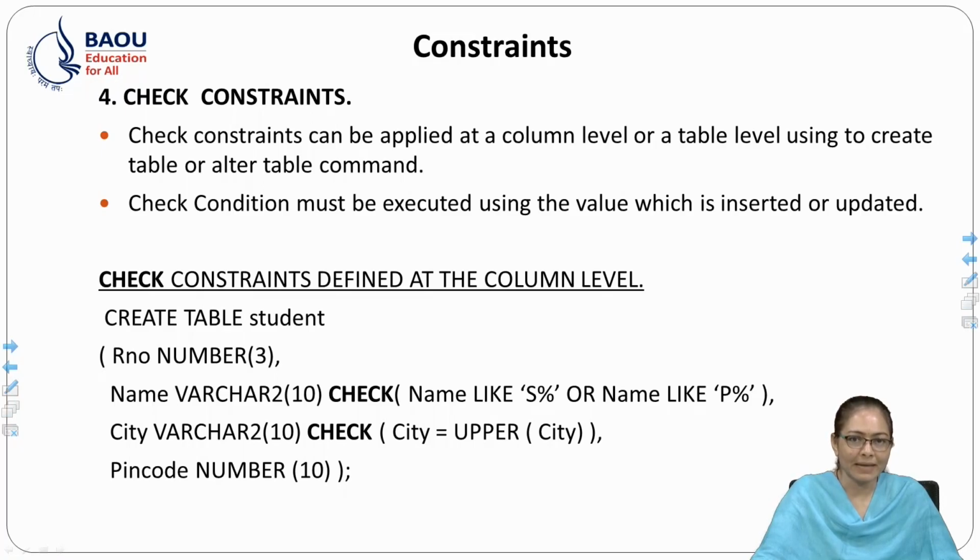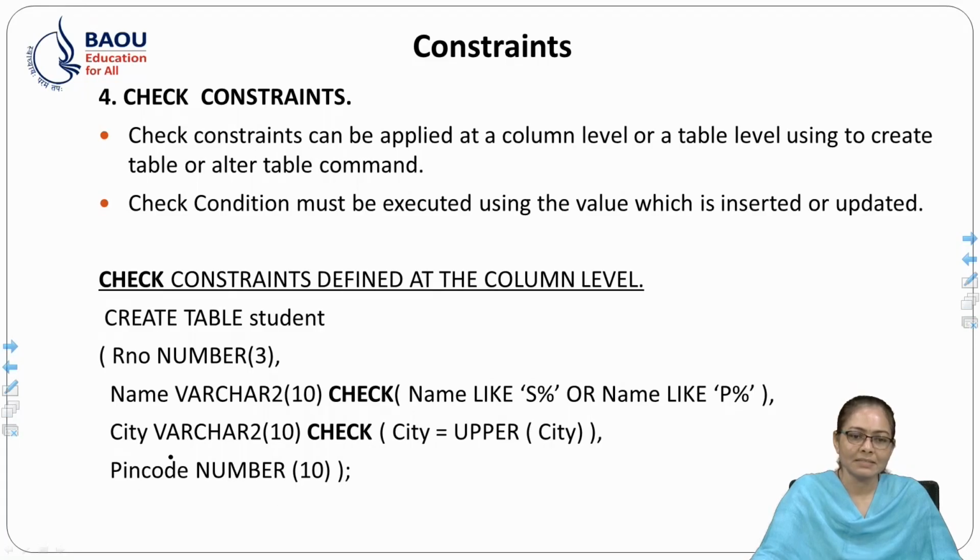Here we apply the check constraint on the name column. Name varchar2 in the bracket 10, then check in the bracket column name, name like in single quotation S and then percentage. Percentage means any number of characters after the first character S, or name like in single quotation P and then the percentage sign, meaning starting with P and percentage means any number of characters after P, then